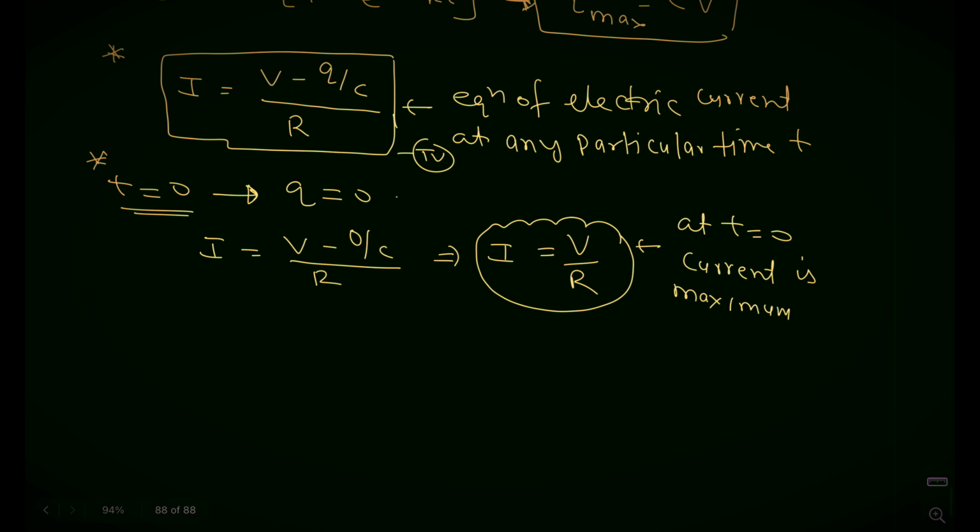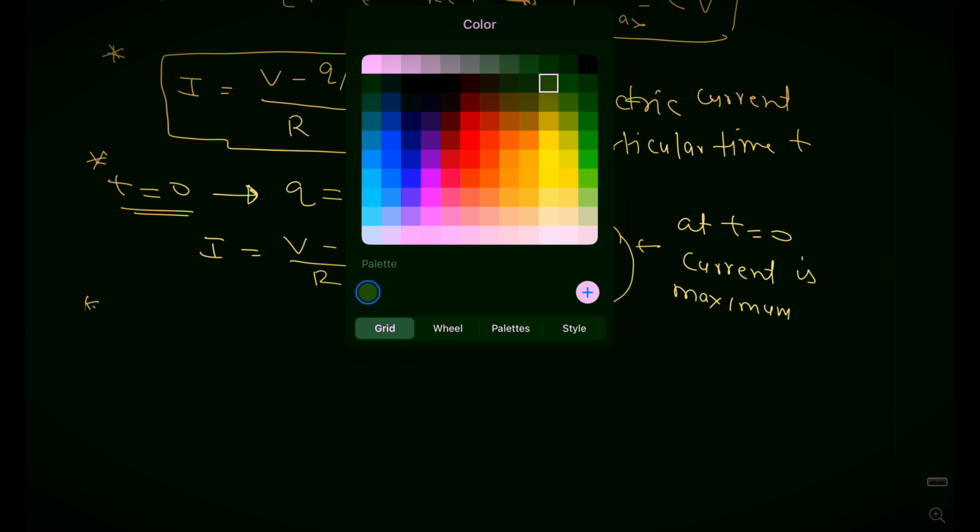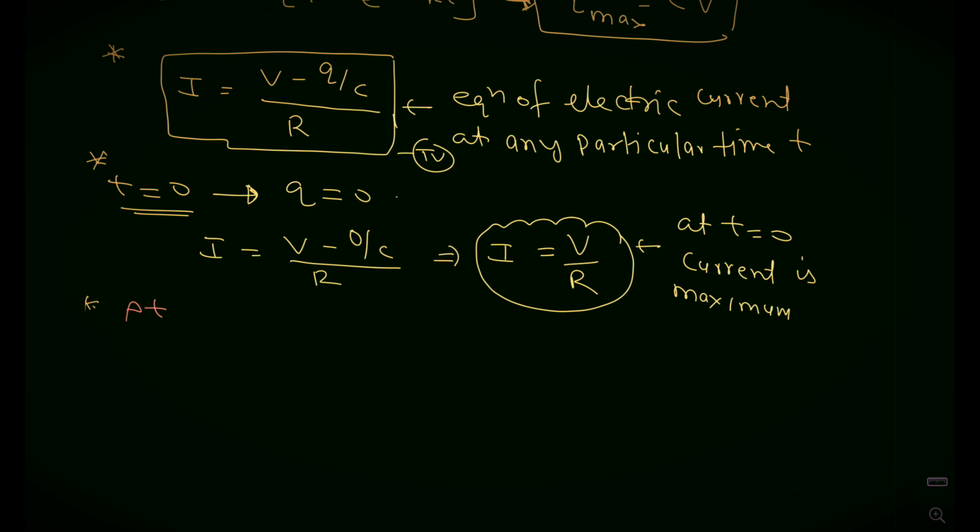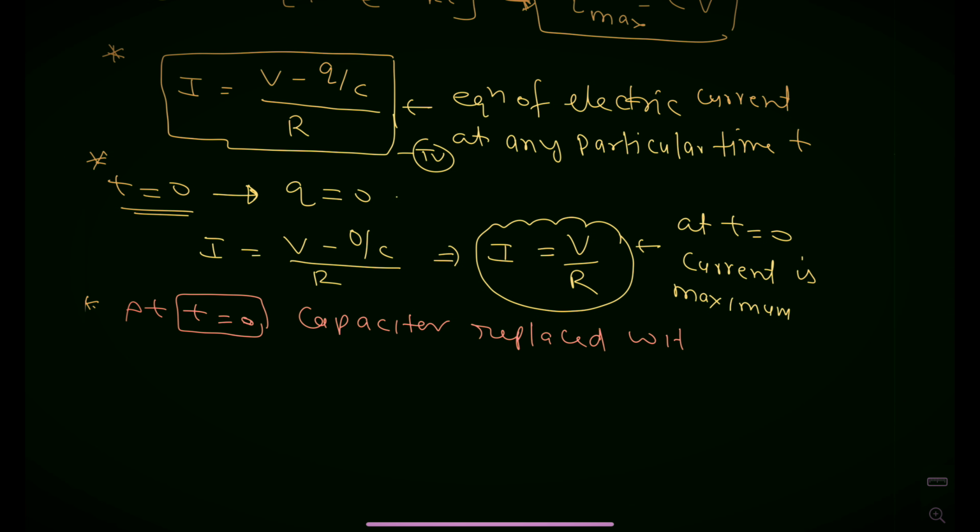Now at t equal to 0, what can we write? Note this point right now. At t equal to 0, the capacitor is replaced with a connecting wire. Yeah, replace with wire, because